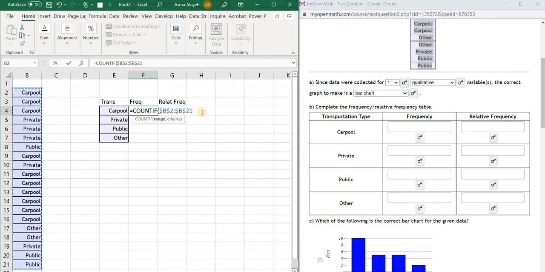It's not going to move anywhere. Now I'm going to put a comma, just like this suggests, and then it's asking now about the criteria. I want this function to move down to private, public, others, so I am going to click on carpool to